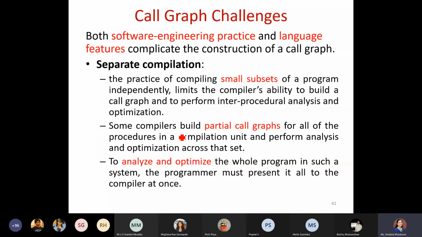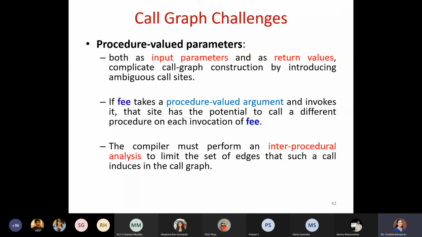So that is little challenging when we go with these procedures as such. Separately we have to take care of all those things because only a small portion of your program has been highlighted.